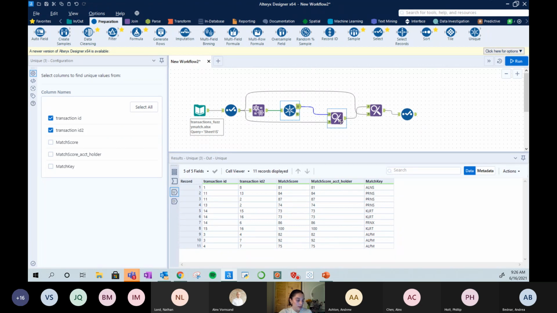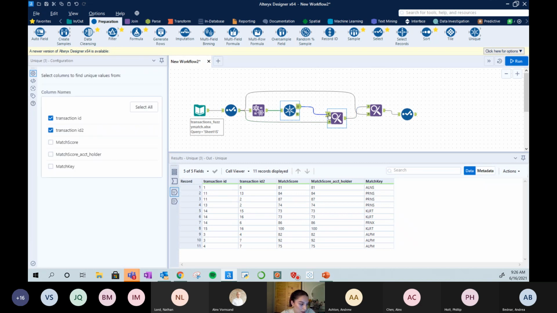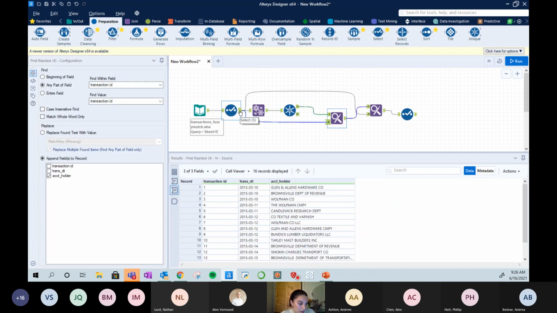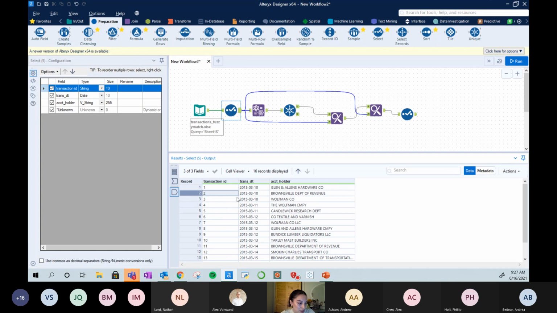Okay, so after I took the unique, that is when I used the find and replace tool. I'll explain this tool again. So you're looking for a place where you're finding your data and a place where you're replacing the data. So from the F input, I connected all of the uniques. So I'm saying find these and replace it with this. So within this transaction ID, which is what I chose for the first one, I'm saying find this transaction ID and then go to this data set,